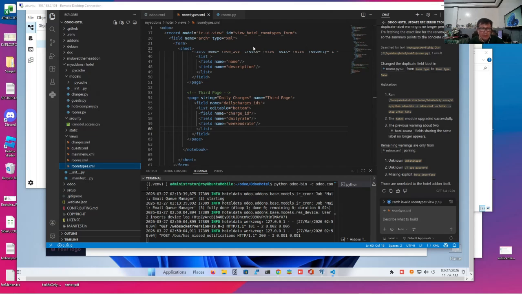In the last video, I showed you how to correct a mistake in a previously created model and view. It is important because the development process can be very complicated, and developers normally make mistakes, as humans do. So anyway, we need to know how to correct them properly without breaking our Odoo application.